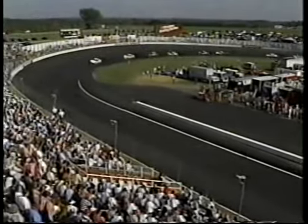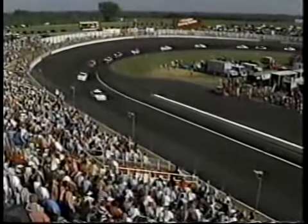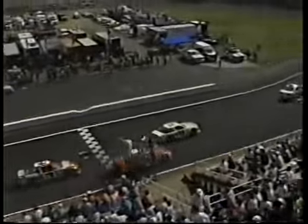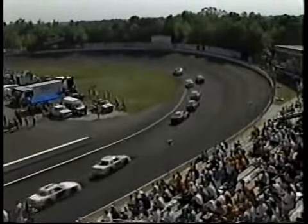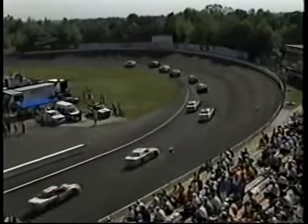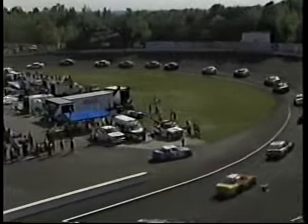By the way, just before that final caution, Chuck Bound dipped underneath Kenny Wallace. He's now in the 2nd spot. Wallace is 3rd. Behind them, Butch Miller, Bobby Dotter, and the Troy Beebe machines. First 3 cars on Goodyears, next 3 cars on Hoosier tires. The way the race started, there were 21 Goodyear shod drivers, 9 drivers on Hoosiers,